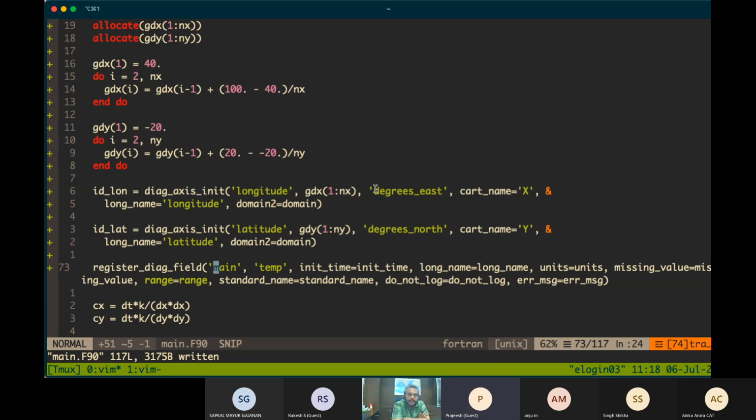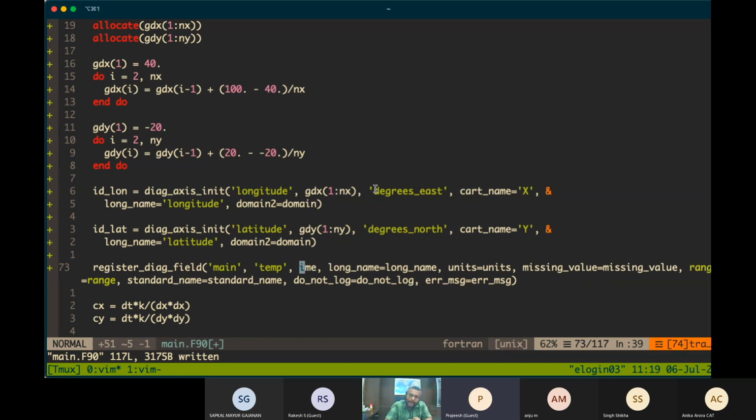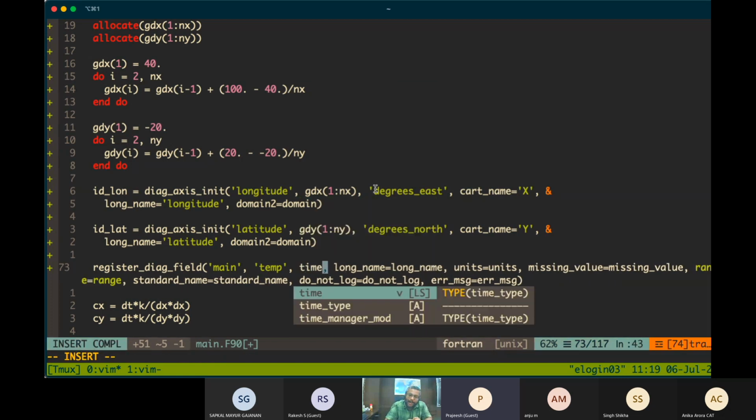Okay. We'll see. Maybe we can see an example in diag manager. So the next argument is also required. This is the initial time, which you have to give as time.